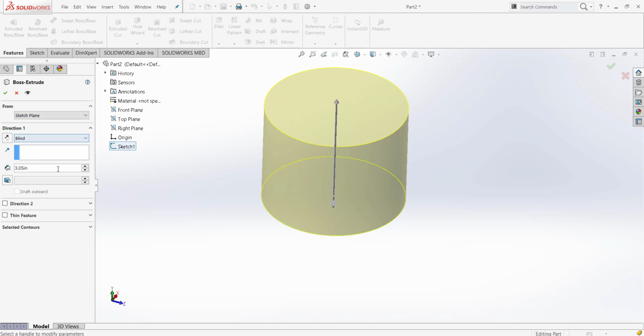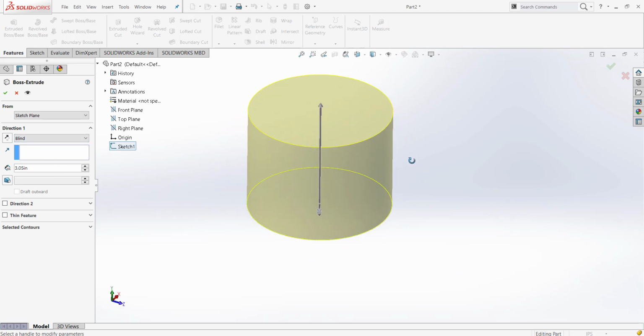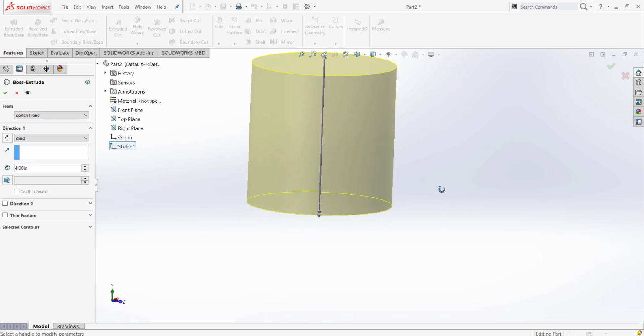So this is if you're going to select a blind extrusion, meaning that it doesn't go to infinity, and it's not set like a hole that it's a through hole, but it's actually an extrusion that gets to a certain point. In this case, blind, meaning that it goes from a plane to a certain number, and I think I said 4 inches. So I can change it to 4, and that gives me a blind extrusion to 4